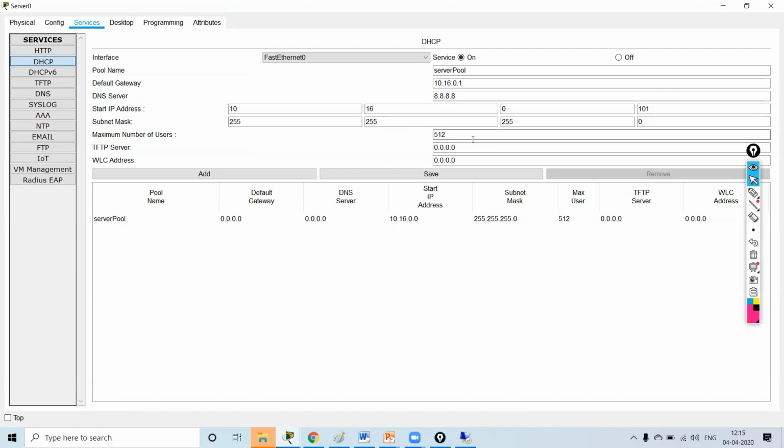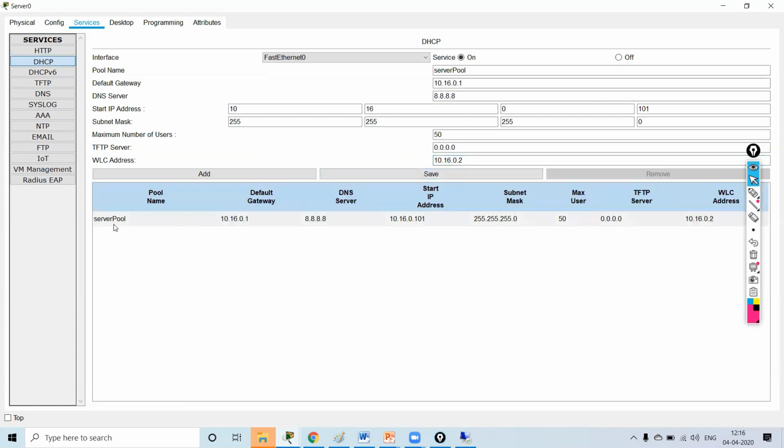Suppose I need 50 users. The WLC IP address is 10.16.0.2. This I will be configuring on the WLC. Save. I have updated my server pool. See, I have made my DHCP server over here.